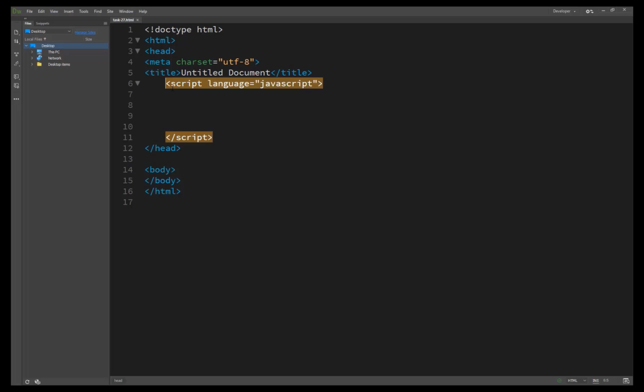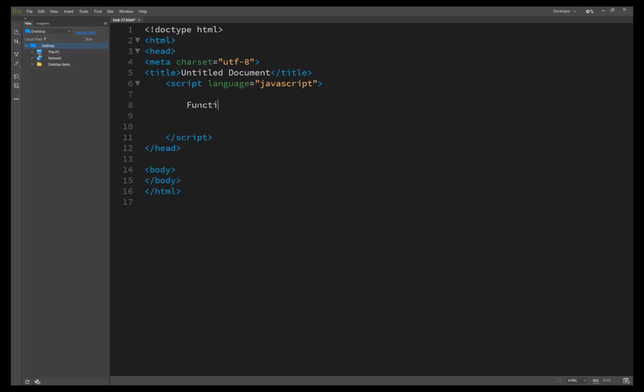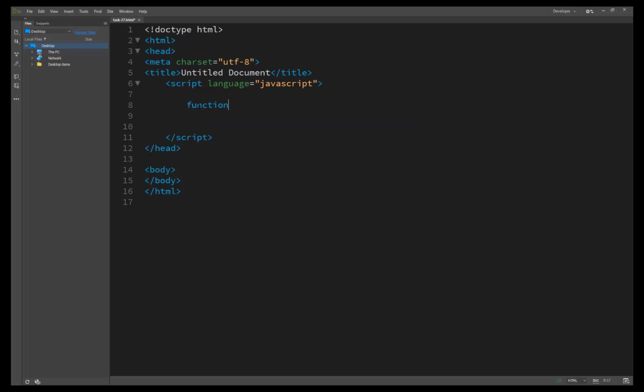First of all, we just create a script block, and then we write the keyword function, then the name of the function. We create hello, with no argument.